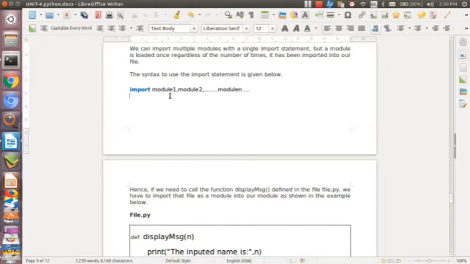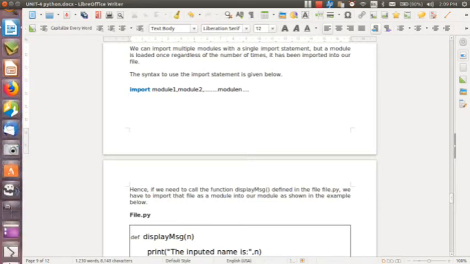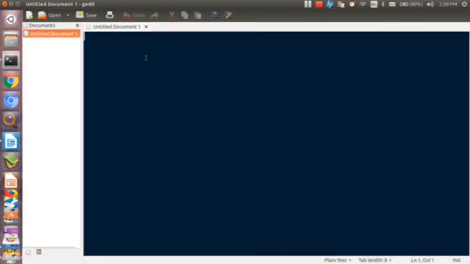Let's see the practical demonstration of how to import a module. For this we require two files. This is a text editor. Here we need to perform addition of two numbers.